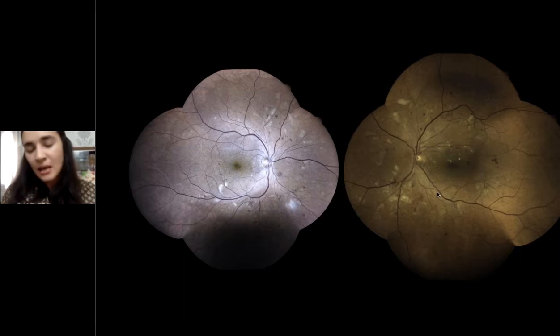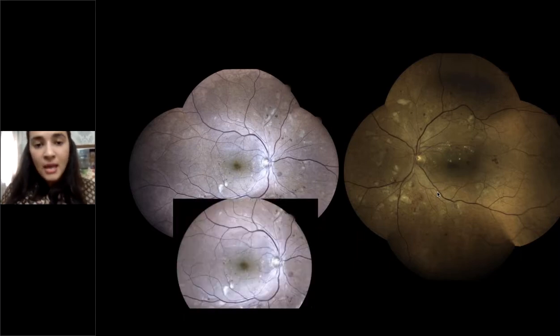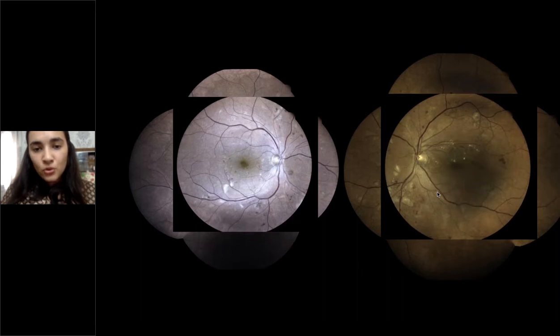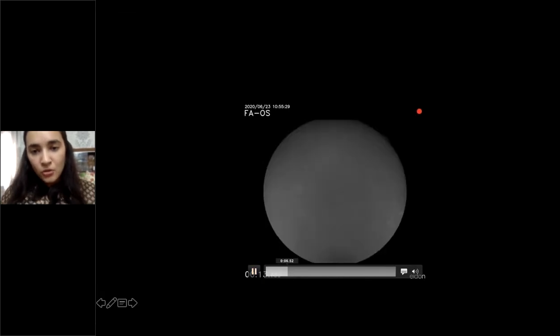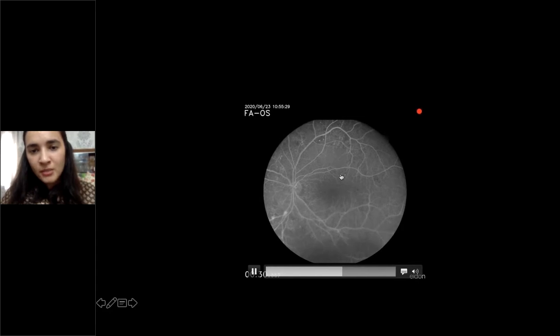So you see this color image. This is how we get it in IDON. Just a little bit of close-up. So you do see a lot of hard exudates, maculopathy, suggestive of typical diabetic retinopathy. Coming on to the angiogram part. So see in the angiogram, a couple of microaneurysms are coming up, not much. A little bit of blocked fluorescence due to the hemorrhages.